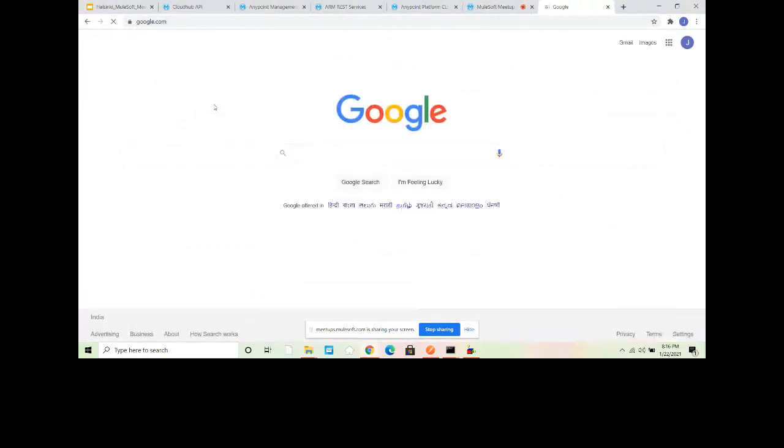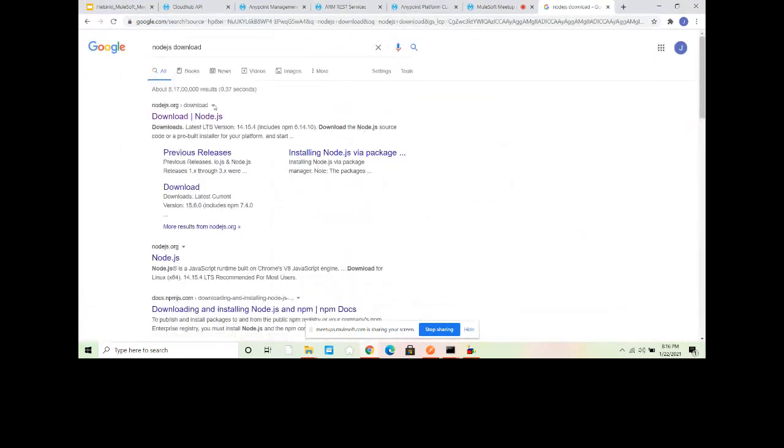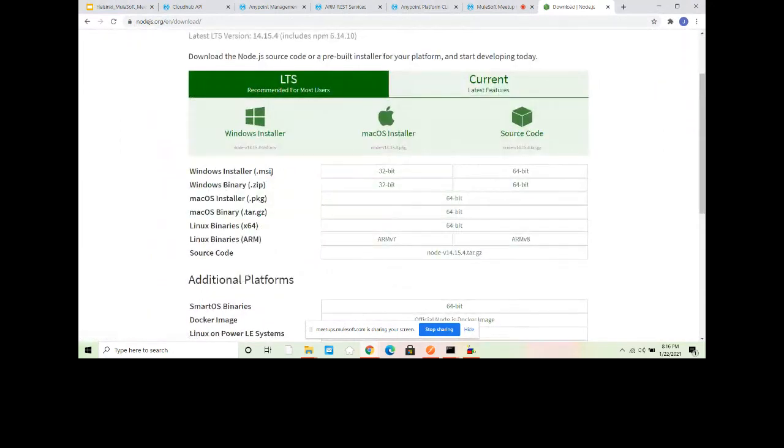So I can show you. You can Google it and just search for Node.js download. You don't have to set any environment variable, nothing. You simply have to download and install it. There are various versions like Windows Installer MSI, and Zip. You can take the MSI 64-bit or 32-bit, depending. Just run that MSI in case of Windows. In case of Mac OS, you have a PKG, and Linux binaries. So you can download depending on your operating system and just install it. You don't have to set up any environment variable, anything.